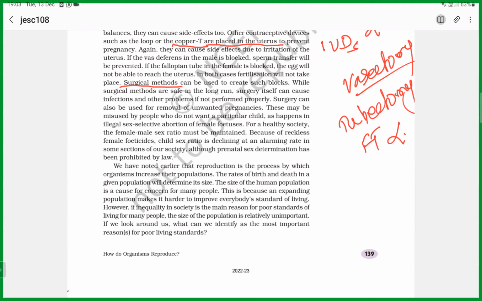So in reproductive health, you should know the definition of reproductive health, sexually transmitted diseases, the physical, chemical, and surgical methods of birth control, and the laws, and how the individual, the community, the society, the family, and the government should protect the developing child, the embryo. Okay, fine, good.